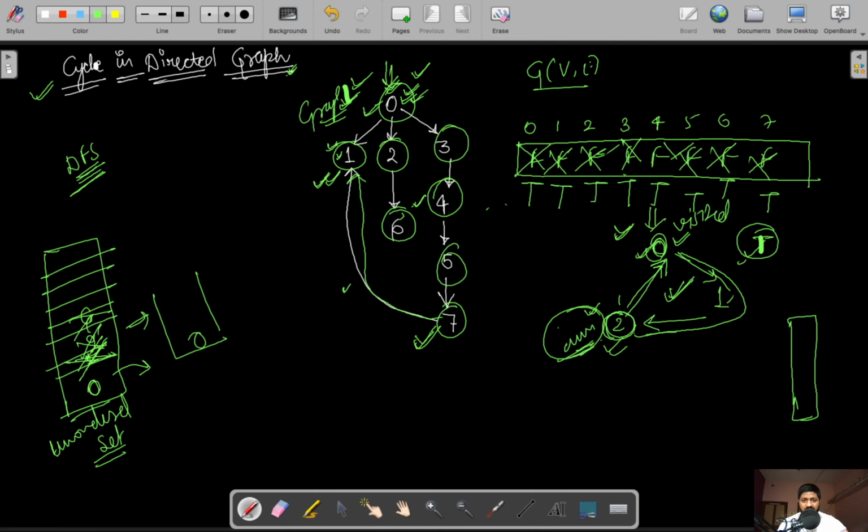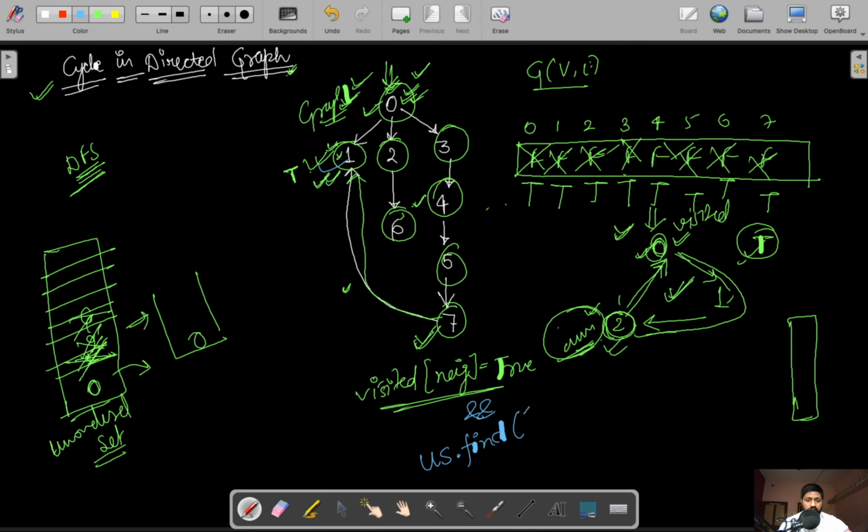For checking whether this is a cycle or not, the first condition we need to check is that visited of the neighbor node is true. Yes, the first condition is satisfied because visited of 1 is already true. The second thing we need to check is that if we look in this unordered set, the neighboring node 1 should not be present in it.